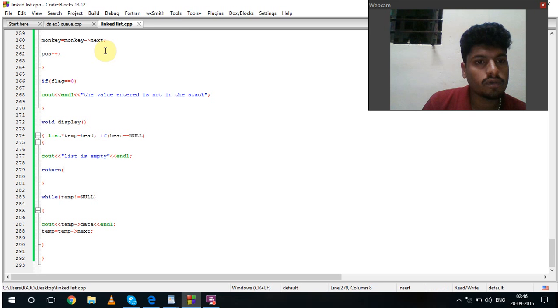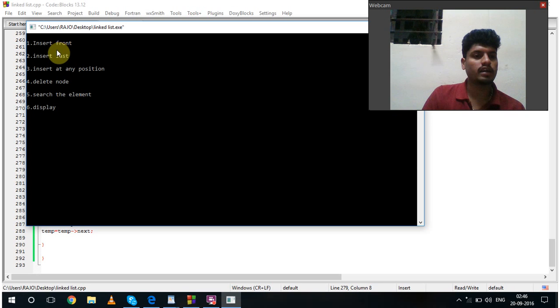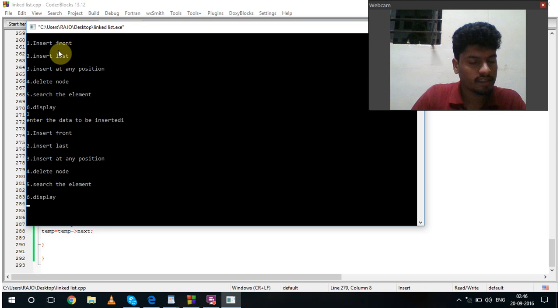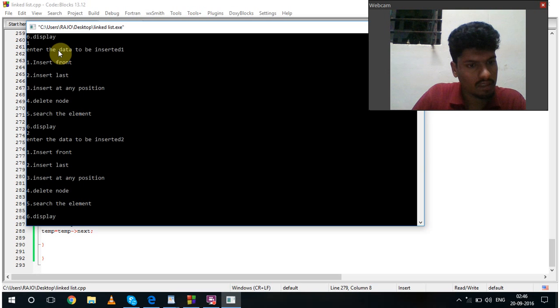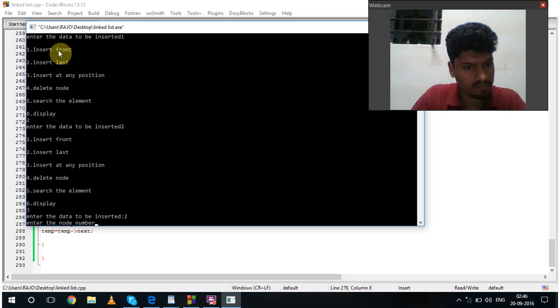The output of that linked list will display insert at front. I'll press 1, I'll insert the data, let's say 1. Let's insert at last, enter. The data should be 2. Let's insert at any position, the data to be inserted will be 2. The node number should be 2,